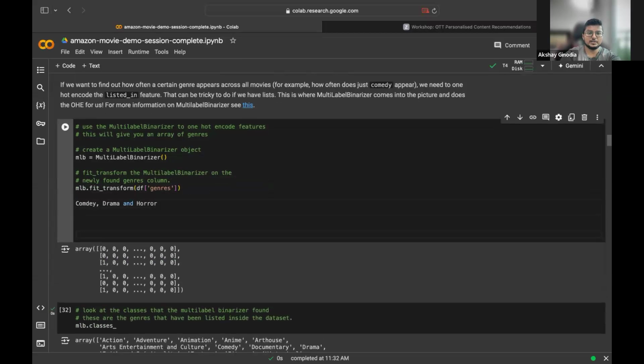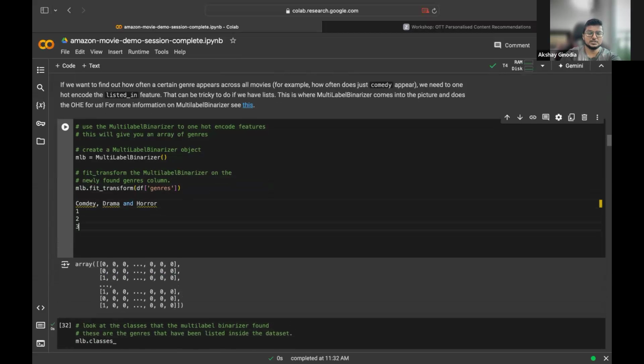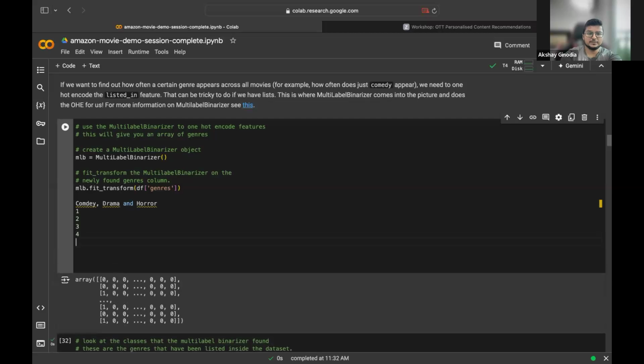Let's say I have 5 rows. In the first row I have comedy, then drama, then drama, then horror, then horror. Now if I do one hot encoding,